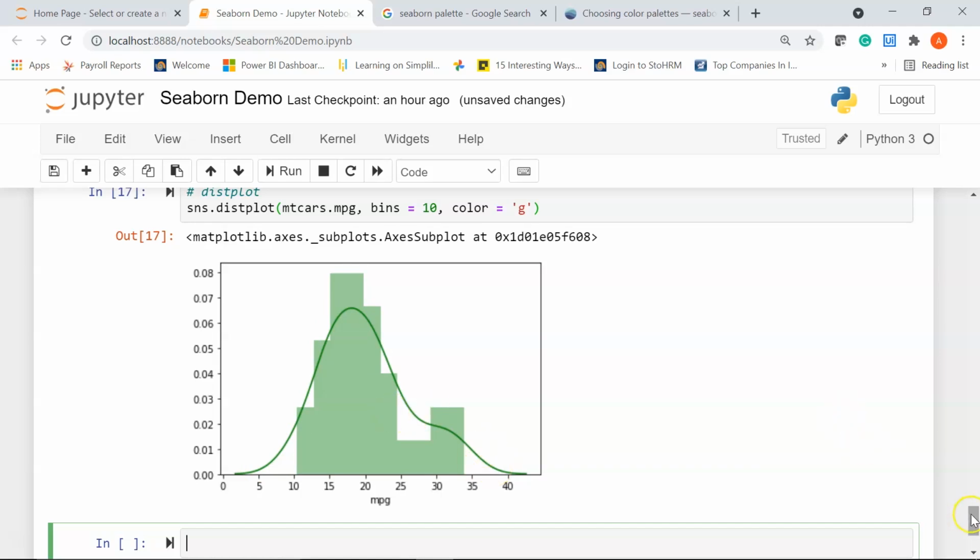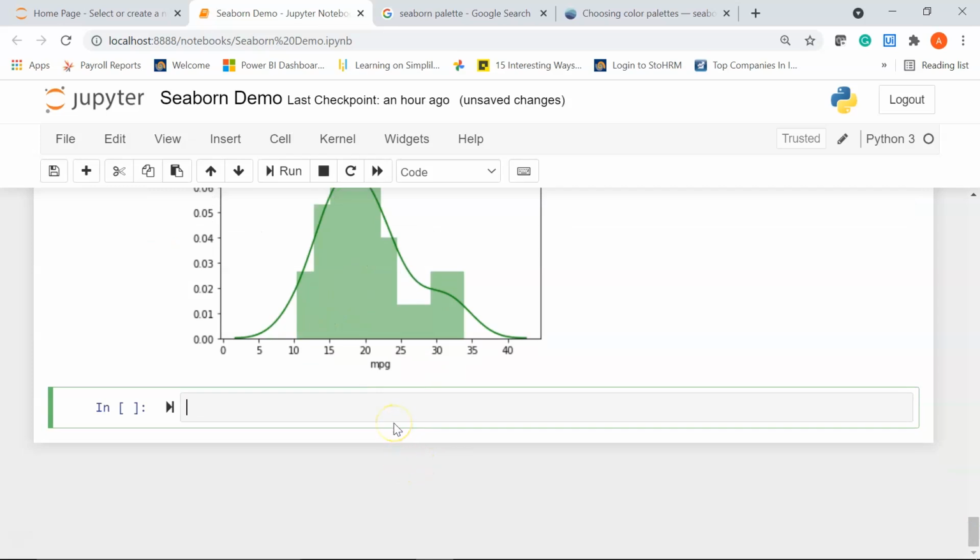Alright, now moving ahead, you can also create heat maps using the Seaborn library. The heat maps will let you visualize matrix-like data. The values of the variables are contained in a matrix and are represented as colors. You can create a correlation heat map, which is a graphical representation of a correlation matrix representing the correlation between different variables. So in our example, we will create a heat map where you can find the correlation between each variable in the empty cars dataset.